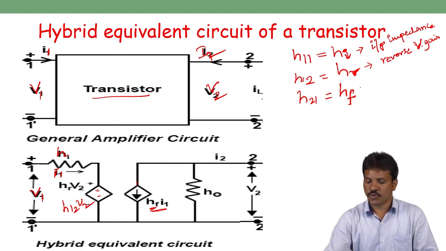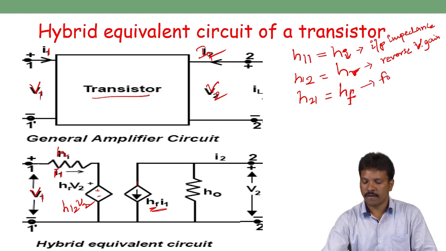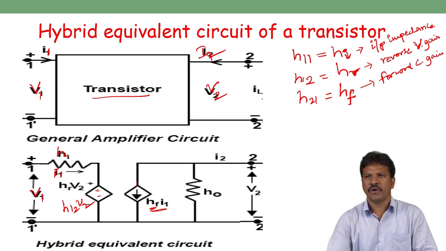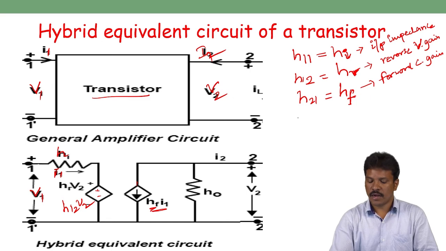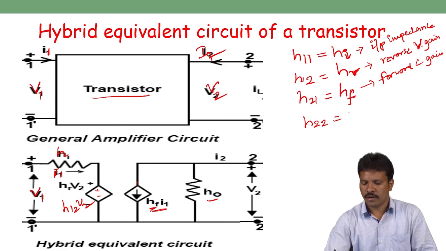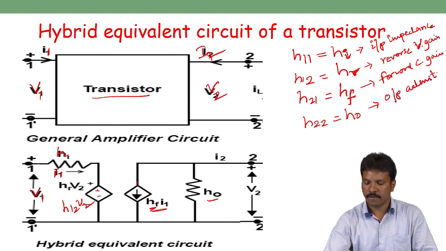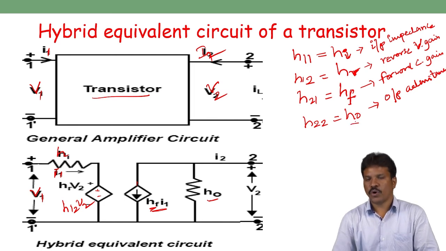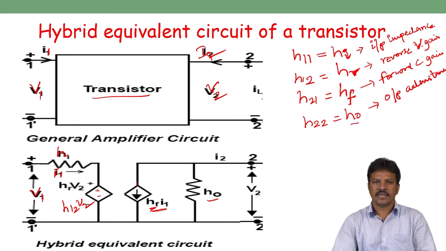HR and H21 is nothing but forward current gain. Another parameter is called H22. In this transistor model we can represent it with the output admittance, so we can call it H0, nothing but output admittance. So there are four important parameters, four notations which are used in the transistor